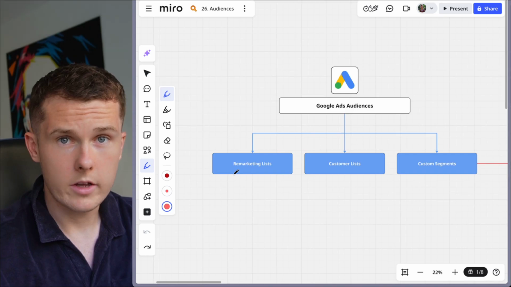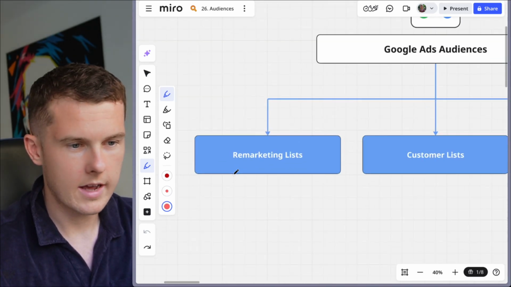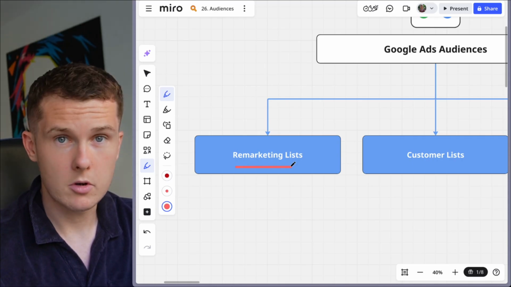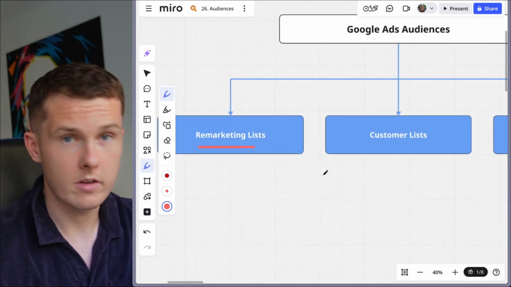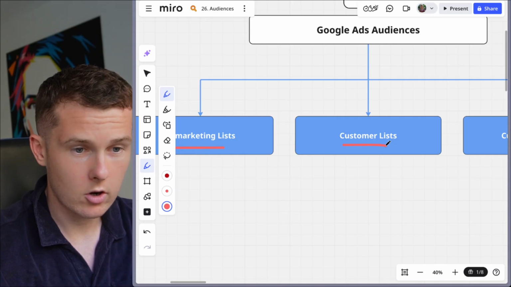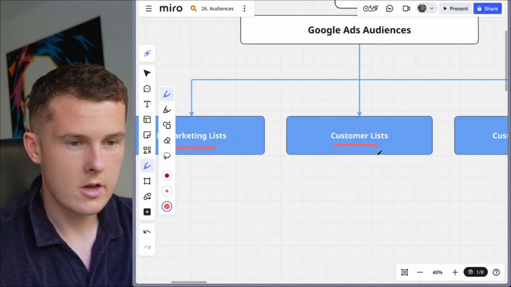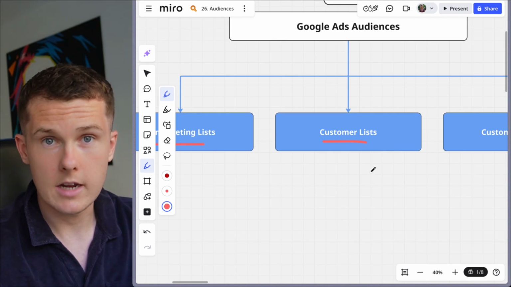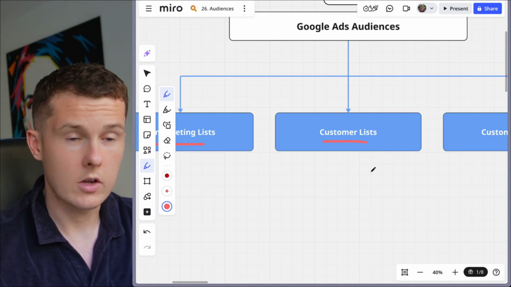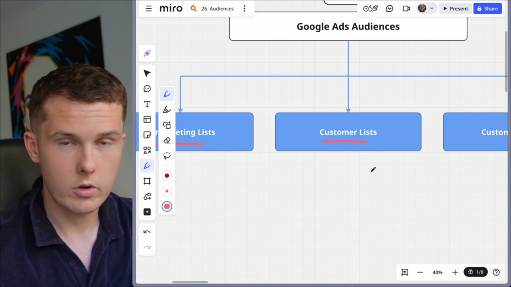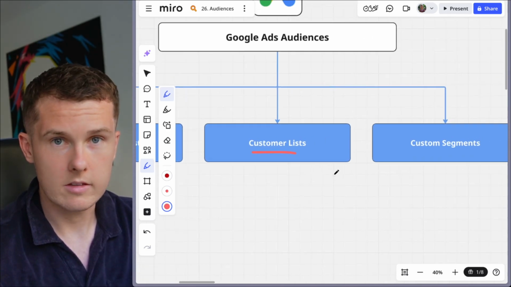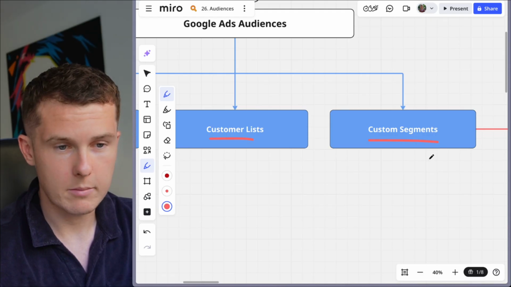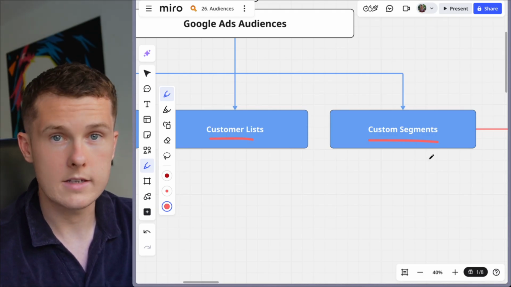So the three main audience types that I will be discussing today are as follows. Firstly, your remarketing list. So showing ads to people who've previously interacted with your website in some shape or form. Secondly, your customer lists. These are really important. You upload existing customer lists from Klaviyo or Shopify, essentially telling Google who your customers are so that Google can go out and find new people, or you can use it to remarket directly, though that's not something that we normally do ourselves. And thirdly is custom segments,